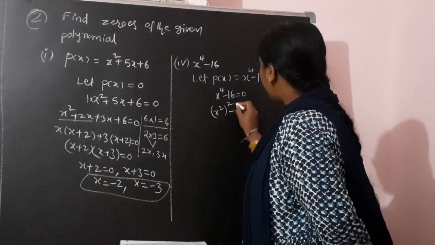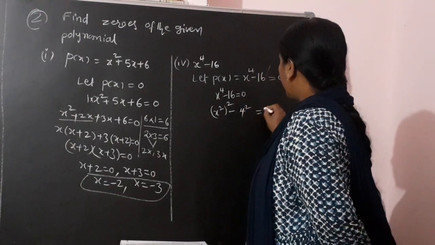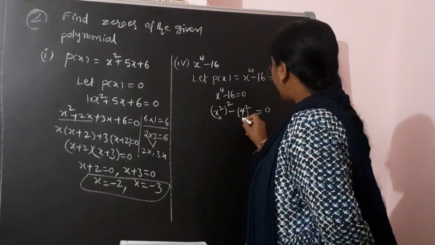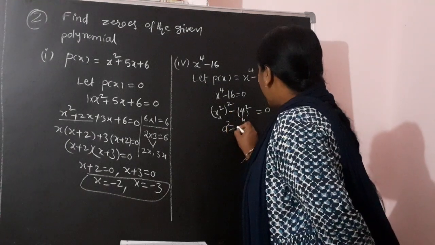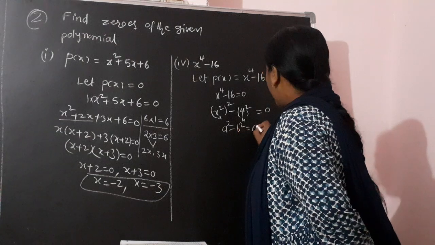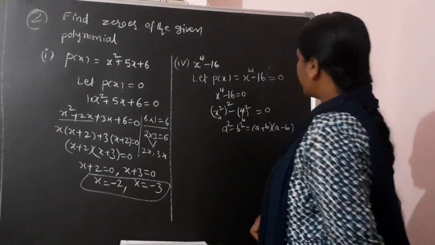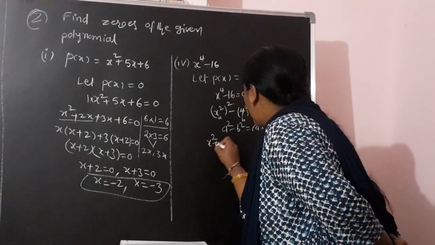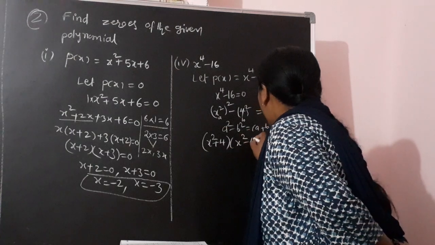Yes. And minus, we can write 4 square equal to 0. Now this is a, this is b, so it is in the form of a square minus b square. You know that the a square minus b square formula is a plus b into a minus b. According to this formula, we can write x square plus 4 into x square minus 4